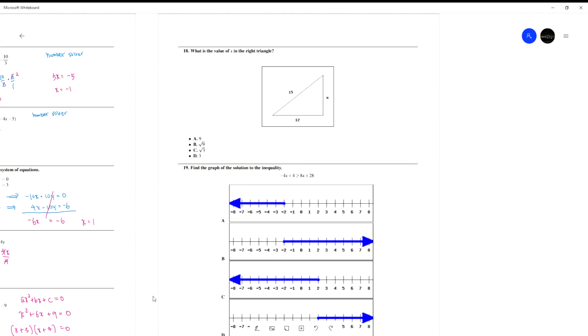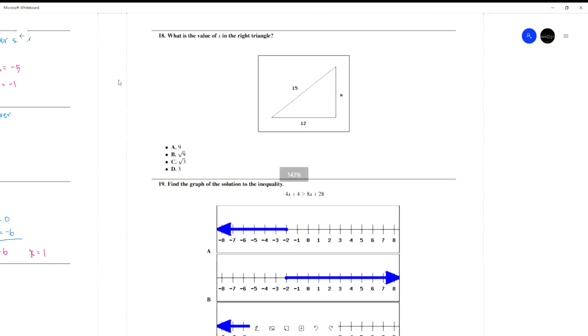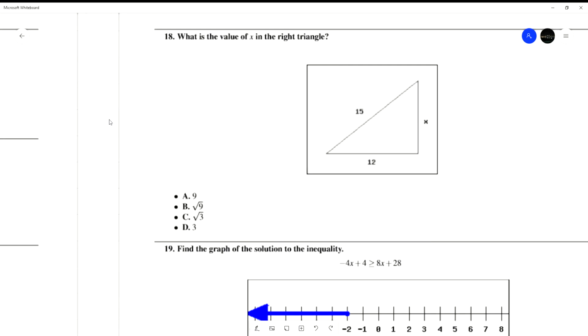Alright, we're getting towards the end. Let's look at 19. We have a right triangle, right? Pythagorean theorem to find the missing side, right? So anytime they're asking for the side, the leg, you have to do hypotenuse squared minus the other leg squared, and then square root that whole thing, and that is equal to your leg, right? So this is what